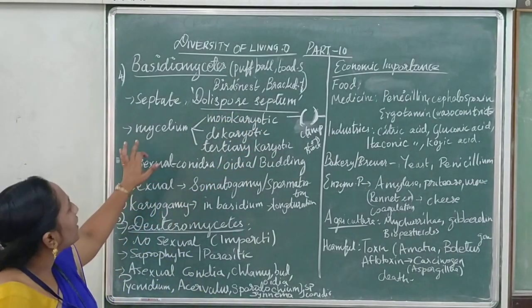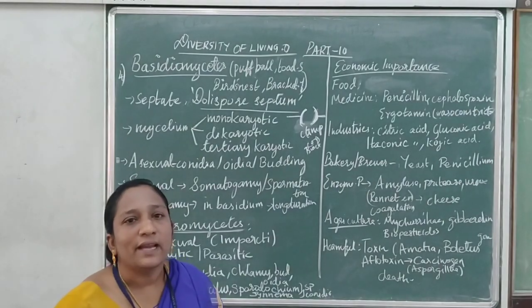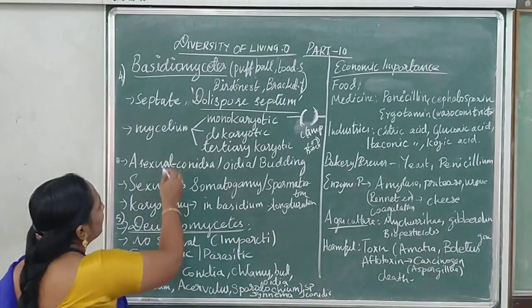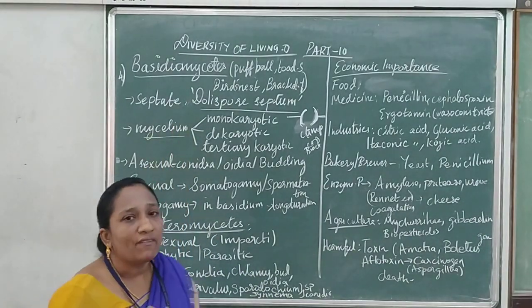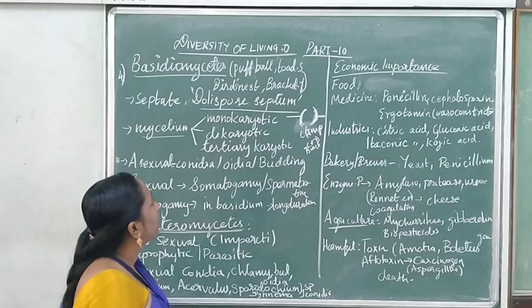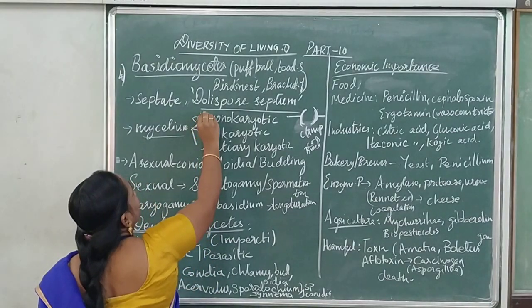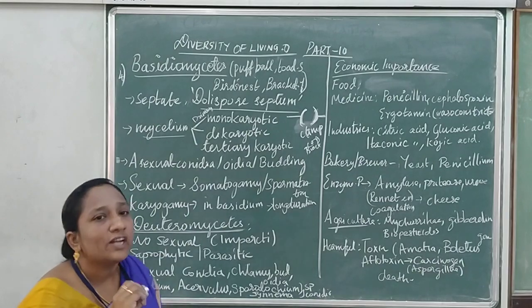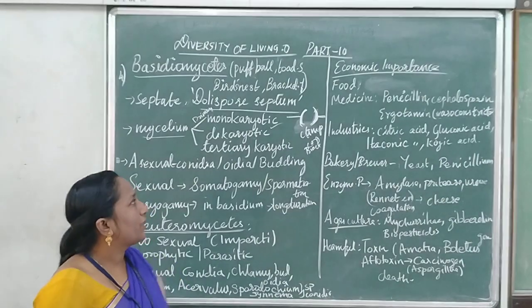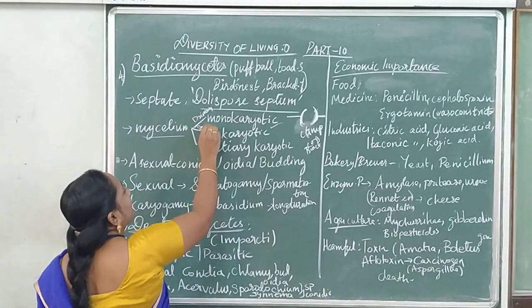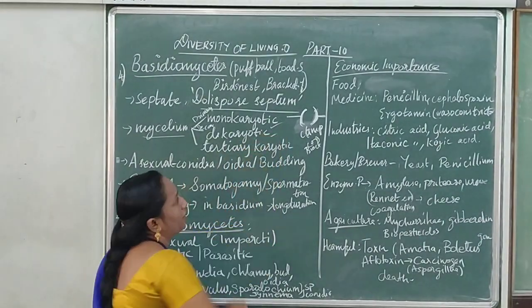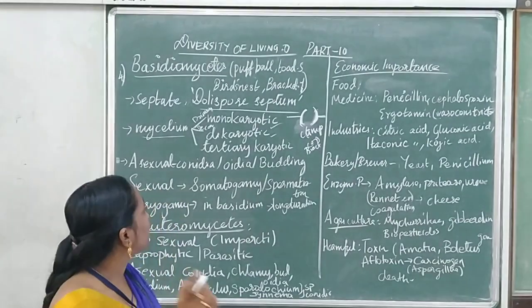What is it said to be? Dolipore septum. And next, this will be having mycelium. What is mycelium? Mycelium means the minute hair-like structure, fiber. Basidiomycetes will be having mycelium. Based on the formation of mycelium, there are 3 types. One is primarily formed. The first formed mycelium is called monokaryotic. What is it said to be? Monokaryotic. And the mycelium which is formed secondary is said to be dikaryotic. What is it said to be? Dikaryotic. And if it is formed third,